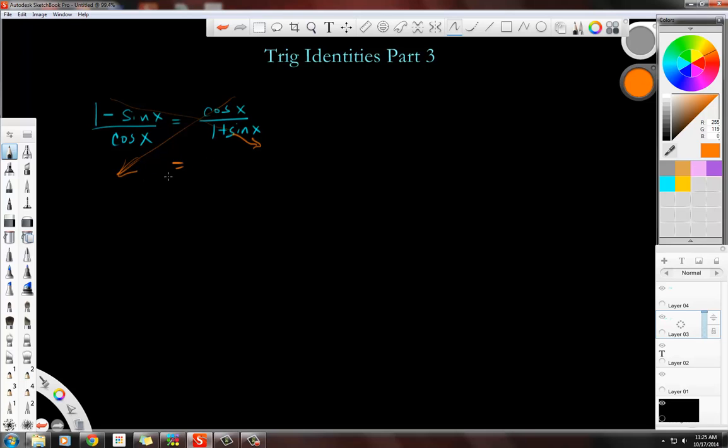what you're going to have on this side is cosine squared x equals 1 minus sine of x times 1 minus sine of x. Okay, real quick. That's this. That's 1 minus sine x times 1 plus sine x. And when you FOIL this,